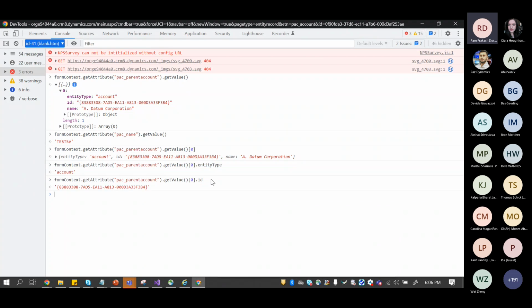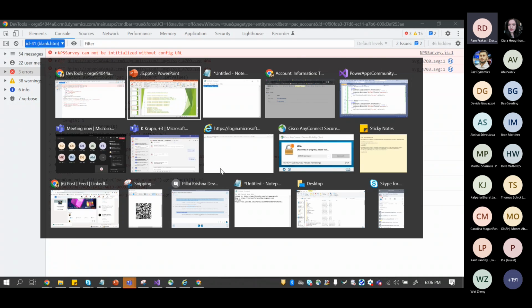I'll just click on ID. So I got an ID easily. The same way for the name. So after getting this one, if you want to do any operations with this one, like in this alert, JavaScript